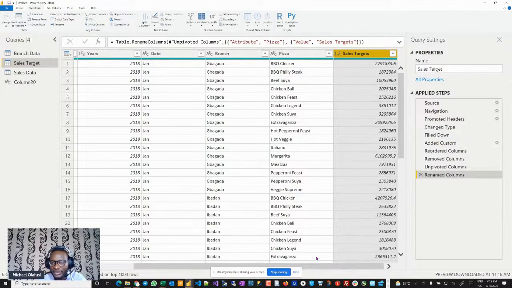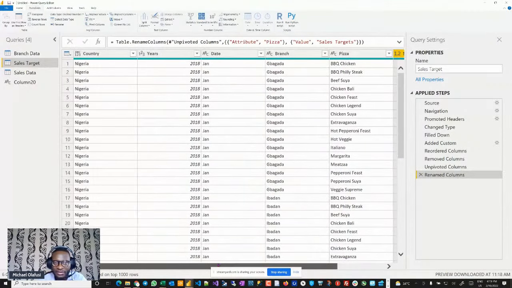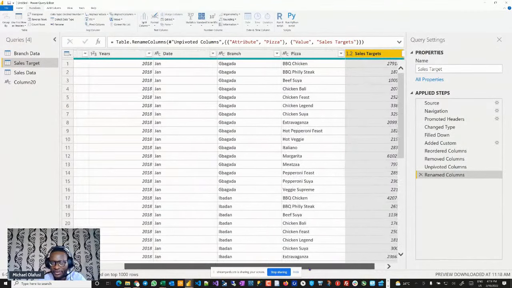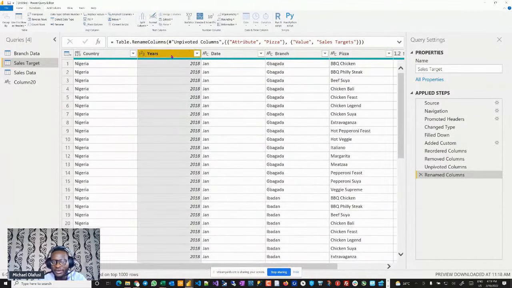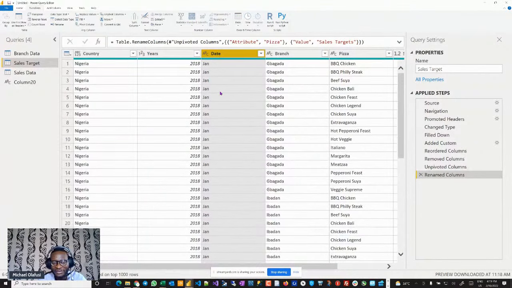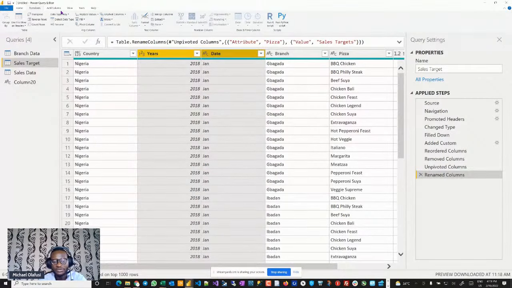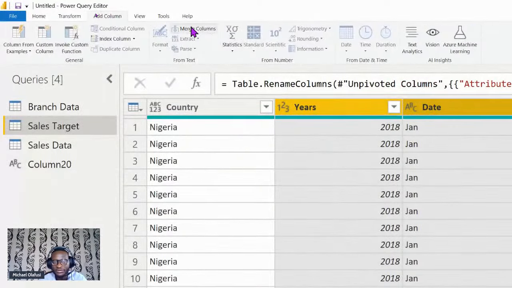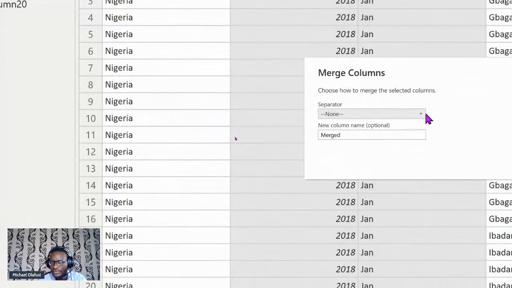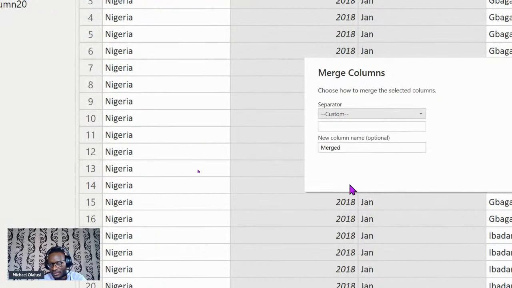So I'm looking at this to be sure if there are other things that need to be done here. Okay, yes. So there's something also obvious. I have year, I have date, right? Will it not be nice to also have the dates? I will need to have the dates. So I'm going to do that right now. I'm going to merge. I'm going to select these two. I'm going to go to add column, and I'm going to say I want to merge the columns. And then I'm going to say I want the separator to be a hyphen. A hyphen is going to work really nice. So custom hyphen, and I'm going to call this dates.